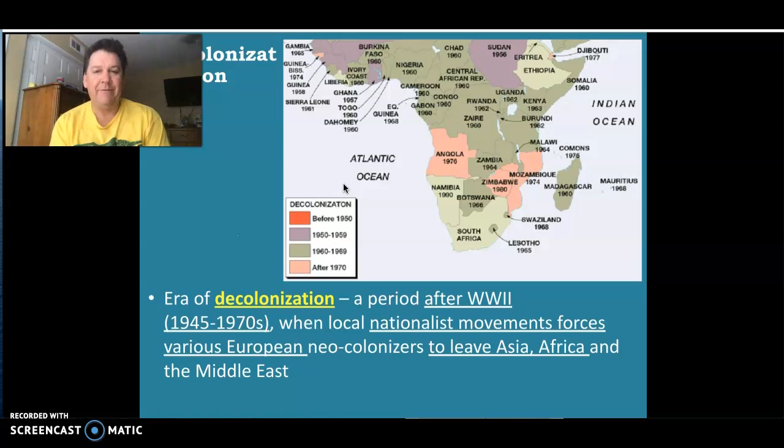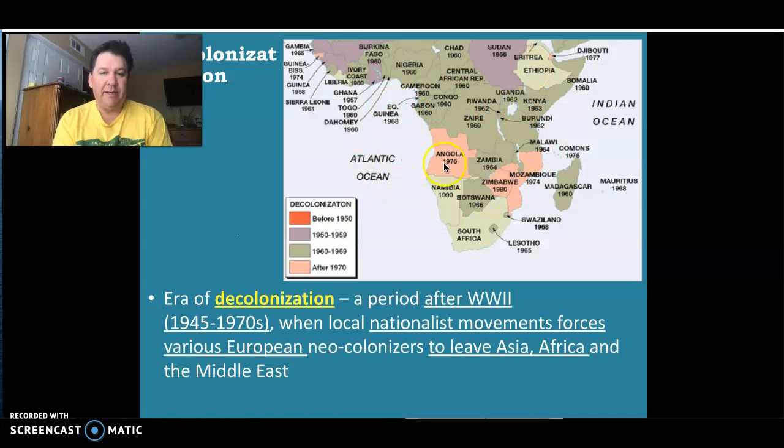And you can take modern day Africa. I think we've talked about this before, but the decolonization period after World War II. So, the devastation of World War II, every country took major heat. The only countries really to walk away unscathed were the United States. We didn't have any fighting on our soil, unless you want to count the Hawaiian raid by Japan. And Russia took major heat, but would come out of it in pretty good shape. Everyone else, even though England and France technically won, they were destroyed and had to rebuild, which meant all the colonies, all the things that they had in place to make money, were let go.